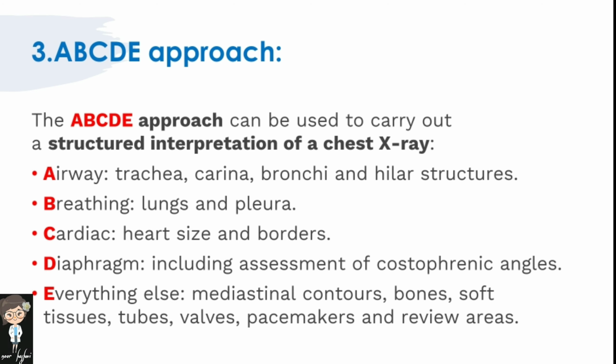Second checkpoint in airways is carina and bronchi. Carina is cartilage situated at the point at which trachea divides into left and right main bronchus. Right main bronchus is usually wider, shorter and more vertical than left main bronchus. As a result of this difference in size and orientation, it is more common for an inhaled foreign object to become lodged in the right main bronchus. Depending upon quality of chest X-ray, you may be able to see main bronchi branching into